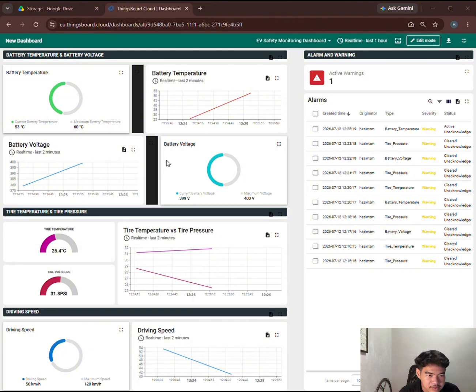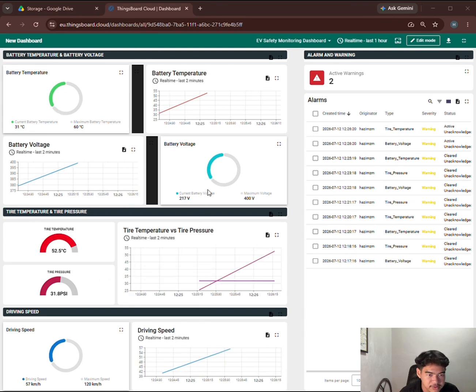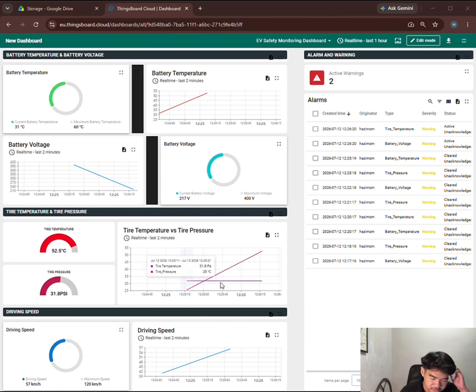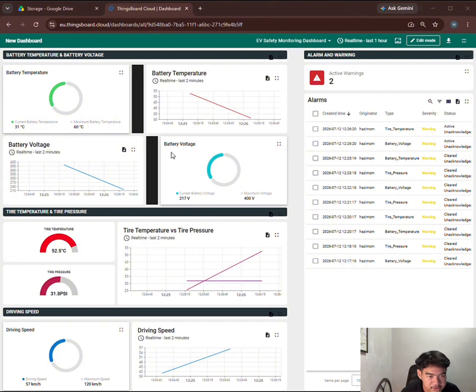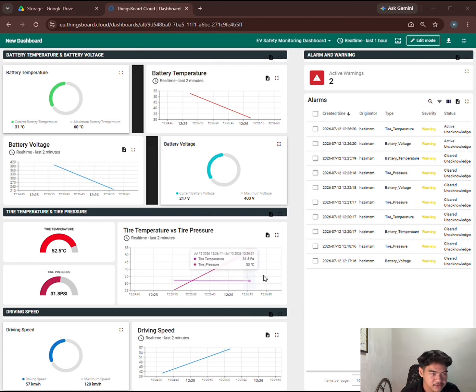And then below that is the tire monitoring section. We use gauges to show the current reading, and next to them we combine both tire temperature and tire pressure into one single graph that varies with time. And then an alarm will trigger if the tire pressure goes above 33 psi or if the tire temperature exceeds